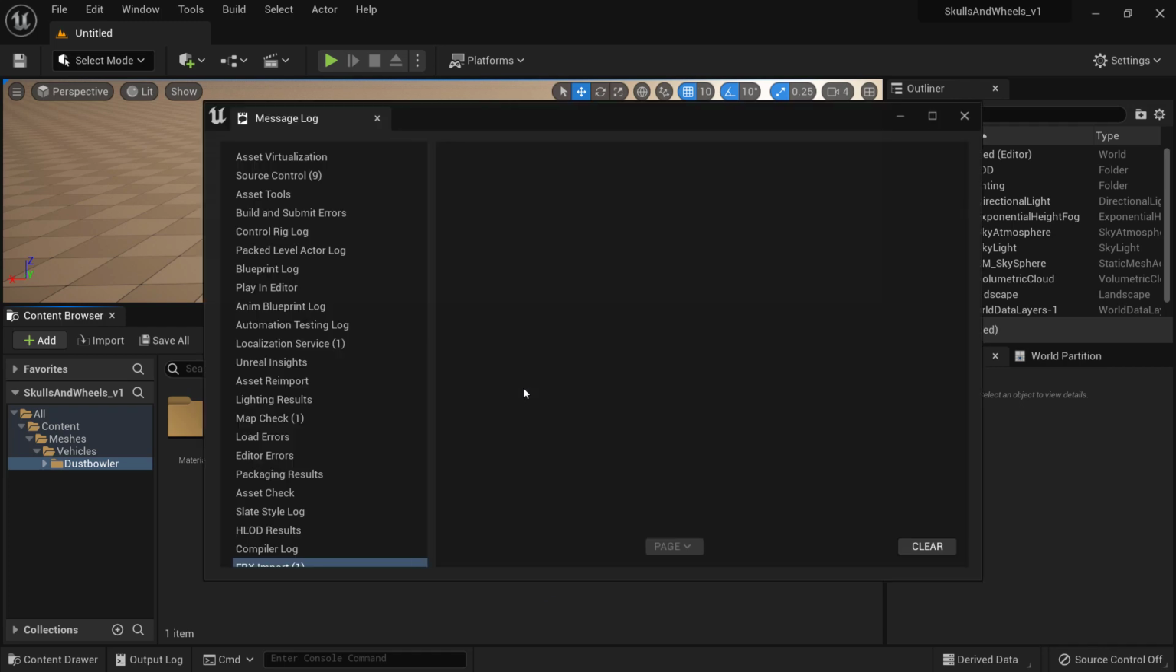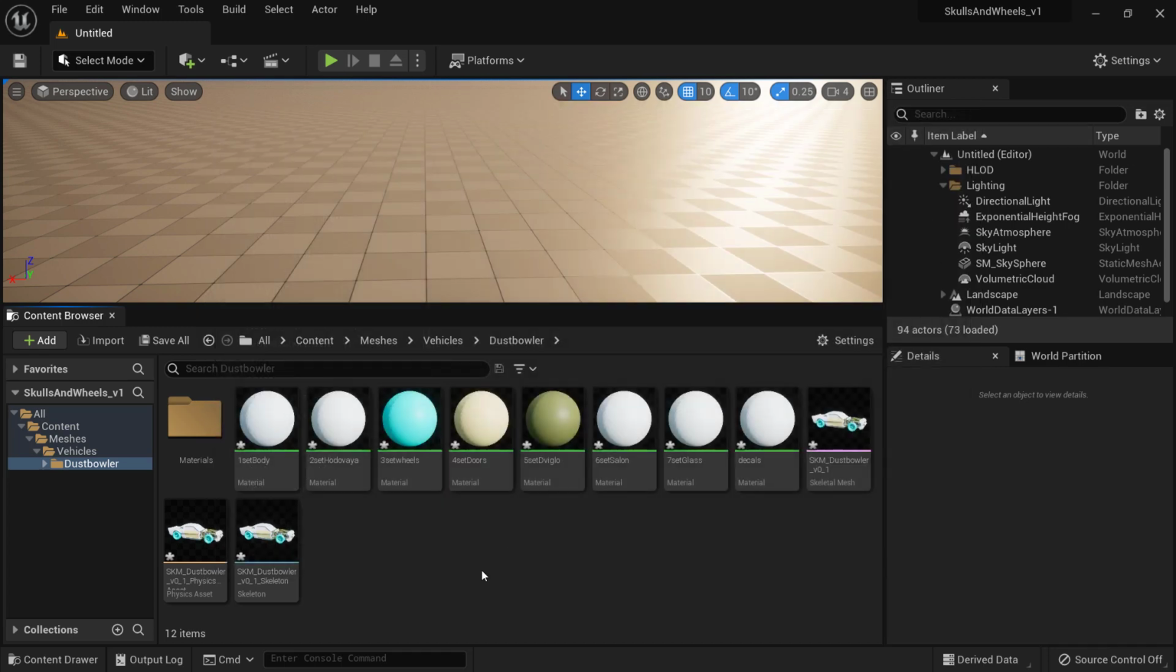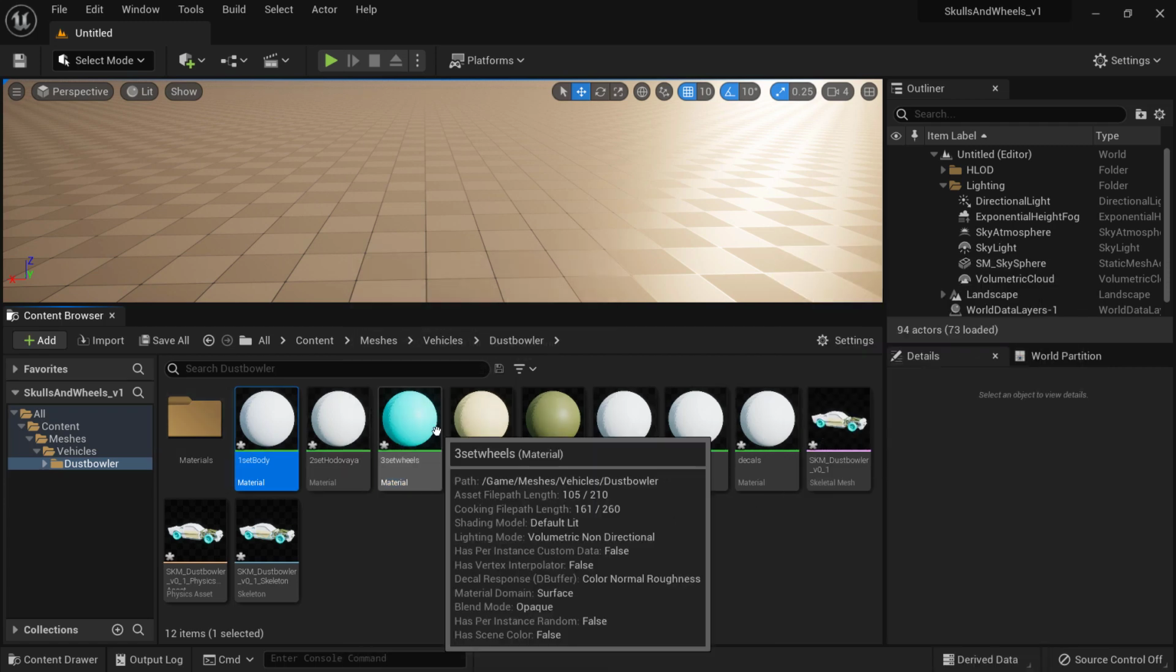It takes a while, and we get this message log. I'm going to read it: could not find the bind pose. It will use the time 0 as the bind pose. Okay, it's perfectly fine. I'm going to clear it and close this, and you can see there are 1, 2, 3, 4, 5,